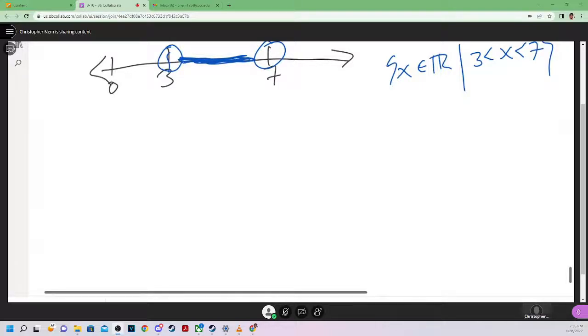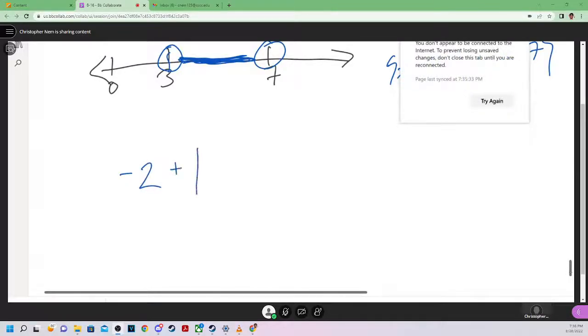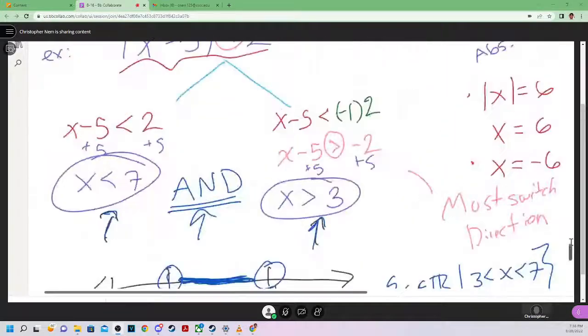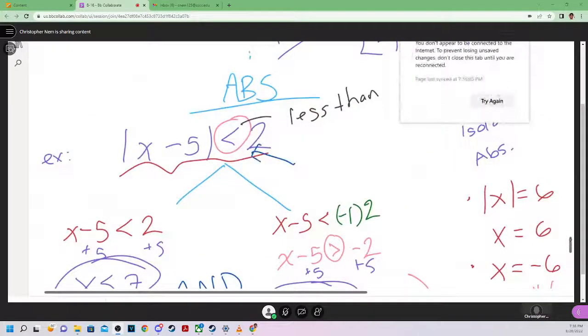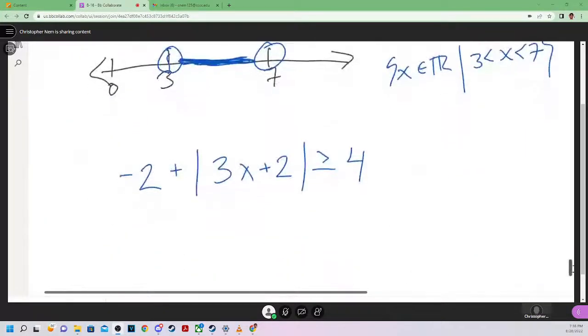Where's it at? -2 plus |3x plus 2| is greater than or equal to 4. So this time, instead of using the less than symbol right here, I'm using greater than or equal to, and it will make a difference. It will make a huge difference, actually, which direction you're using. So if I were to solve this,